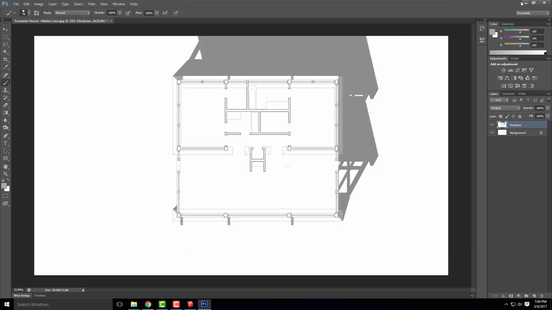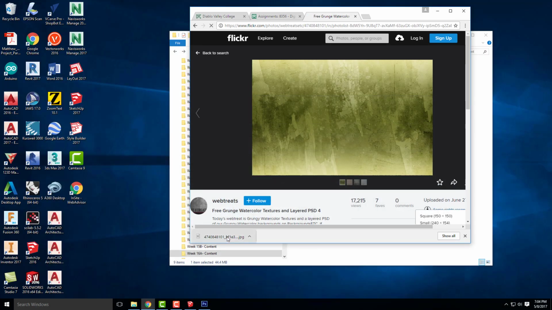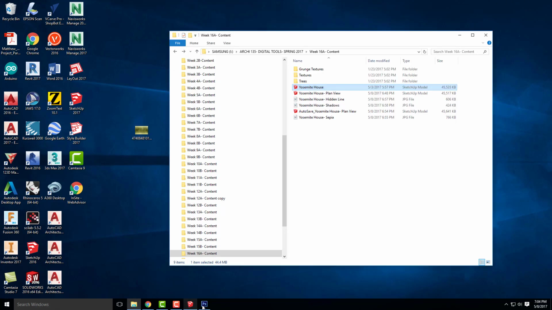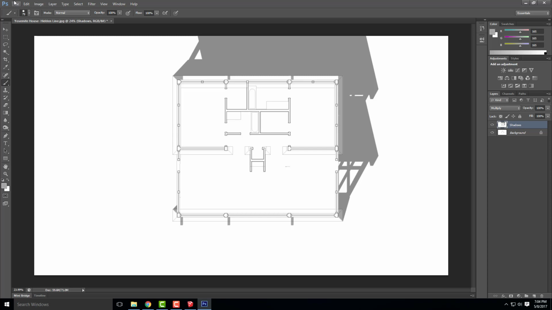And you're gonna wanna put this on your thumb drive. I actually already have about 10 of these images on my thumb drive, so I'm not gonna put another one. All right, and so from here, we can go ahead and bring this inside Photoshop. We're gonna go to File, Place,